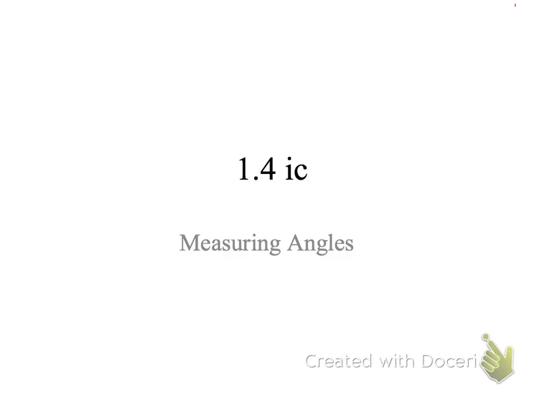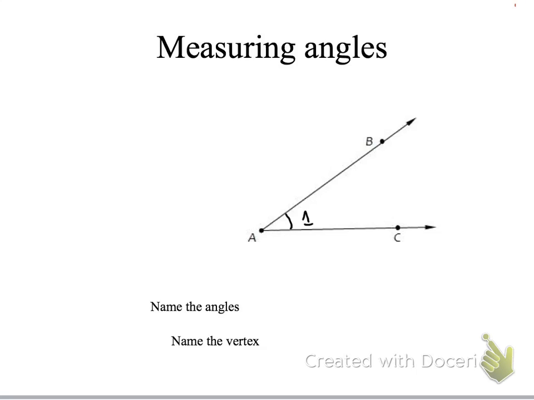So this is 1.4, measuring different angles. When we're trying to name angles, you could say angle 1, or you could say angle BAC,